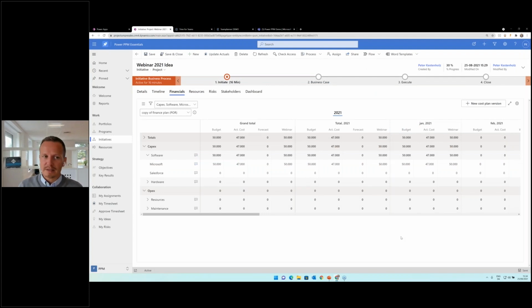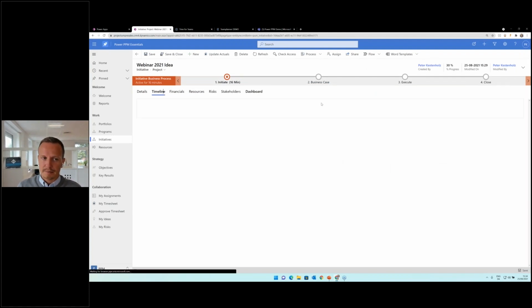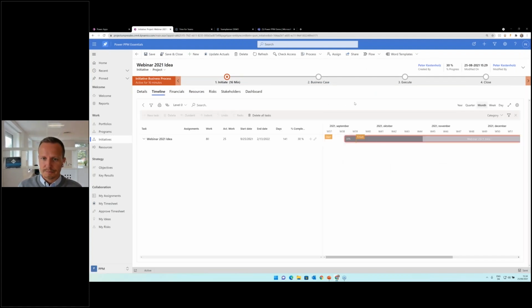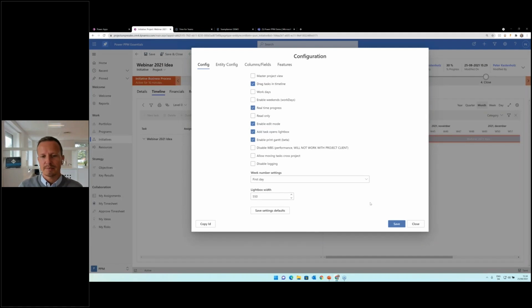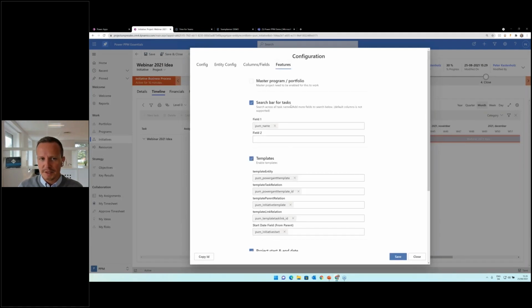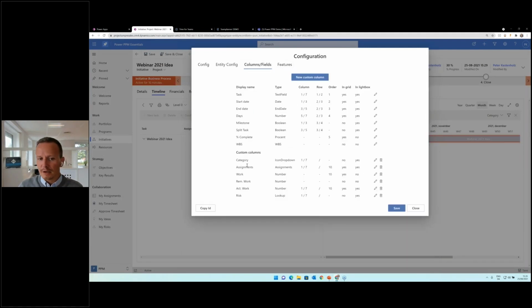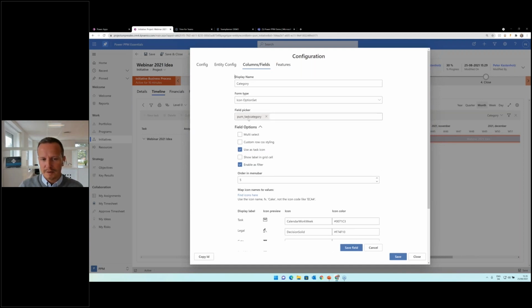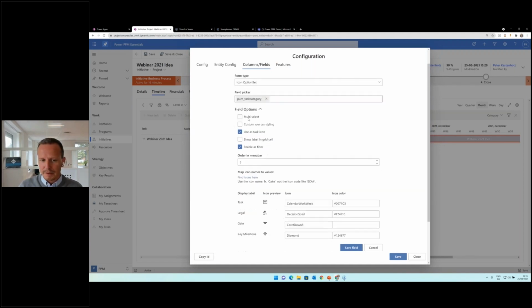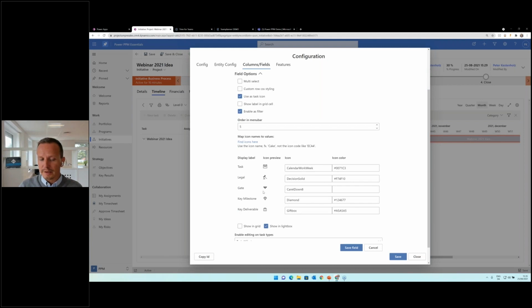And the same thing we have for our other tools, like the timeline, the other PCF component, where we went a long way to ensure that people actually could learn to go in and change this experience, activate features, create their own columns. Let's take the categorization of task types you saw. So if I click on category, notice that we can connect it to a field picker that's already in Dataverse. We then see the choices, and then we can go in quickly and create our own icons by just clicking here